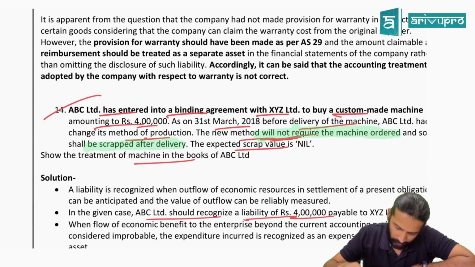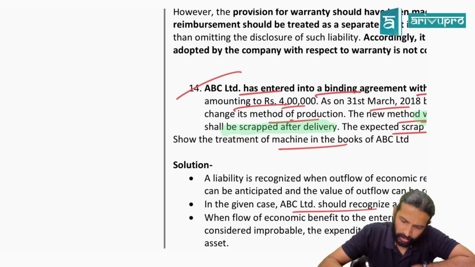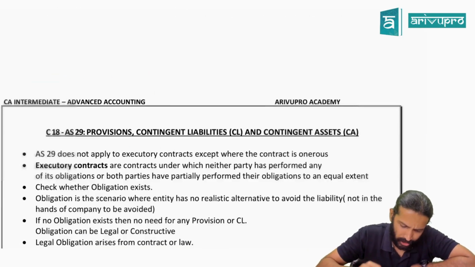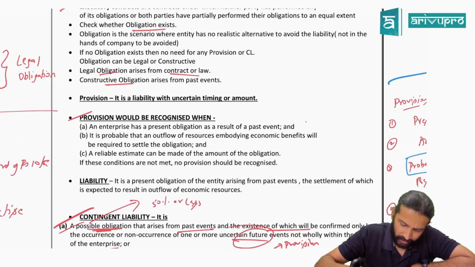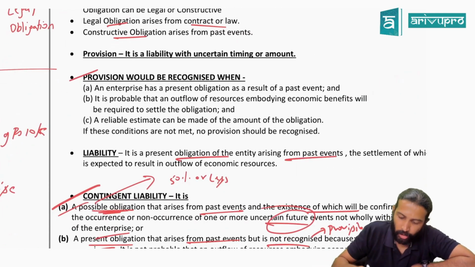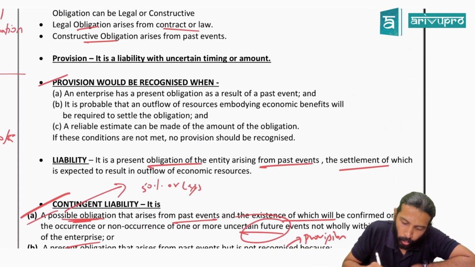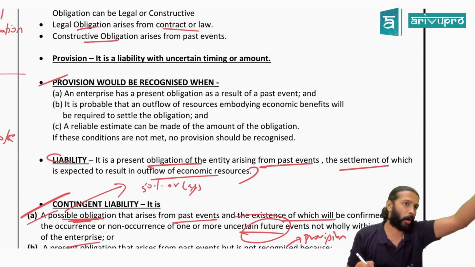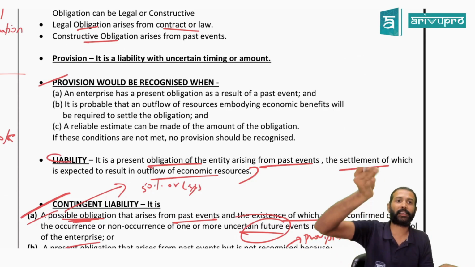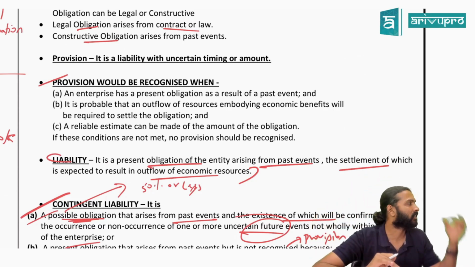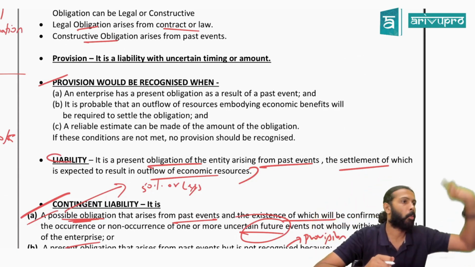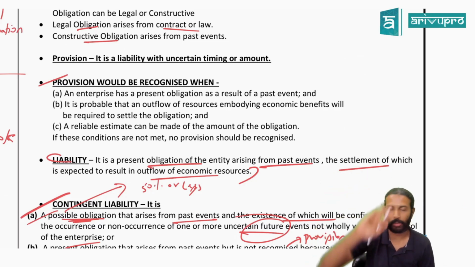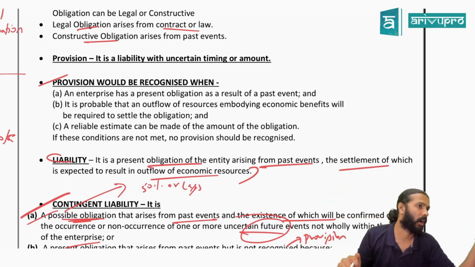Have they written it? No? They have not. Or is it written on the first page of your book? I think somewhere I had mentioned. Check. Liability. Here it's given. Present obligation arising out of past event, which results in outflow of economic resource. For provision, you need estimates. Probable. For contingent liability, it is possible. For liability, it is virtually certain, meaning more than 95% chance or 100% only. That's the distinction. Easy now.